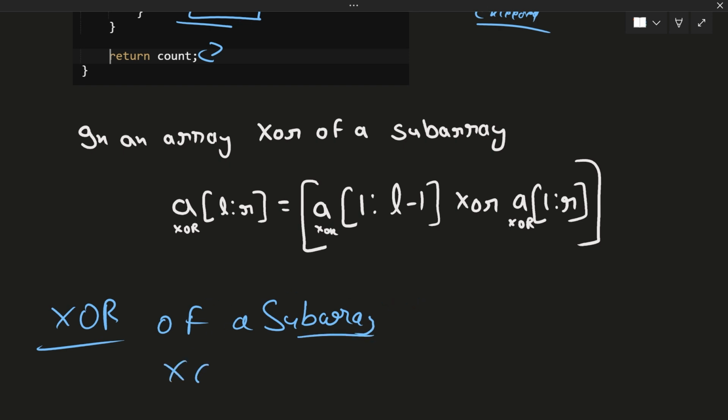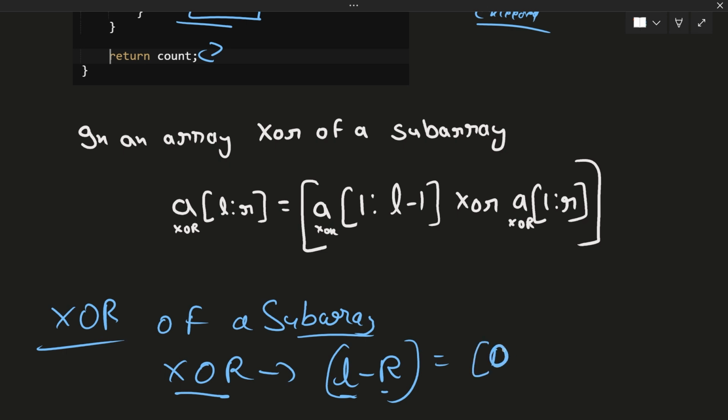So XOR in a range, we can say, L to R, right? Where L is the lower range and R is the upper range, where L and R both are indexes. So XOR of a subarray from L to R is equal to the XOR of all the numbers